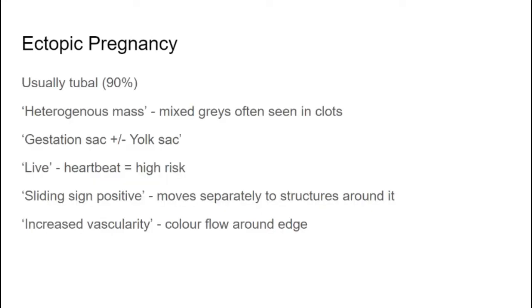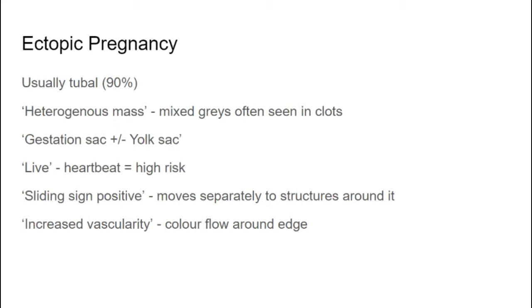So moving on to the other thing that we're often looking out for in the scanning in early pregnancy clinic, and that's an ectopic pregnancy. 90% of them are going to be in the tubes, so in the fallopian tubes adjacent to the uterus. There's a couple of different appearances that you might see. The most common is a heterogeneous mass, so you've got this mix of greys. You often see it where there's been bleeding and clots developed. Sometimes it's more obvious. You've got a gestation sac and a yolk sac. You can also have a whole fetus there with a heartbeat, and that's what we would call a live ectopic,